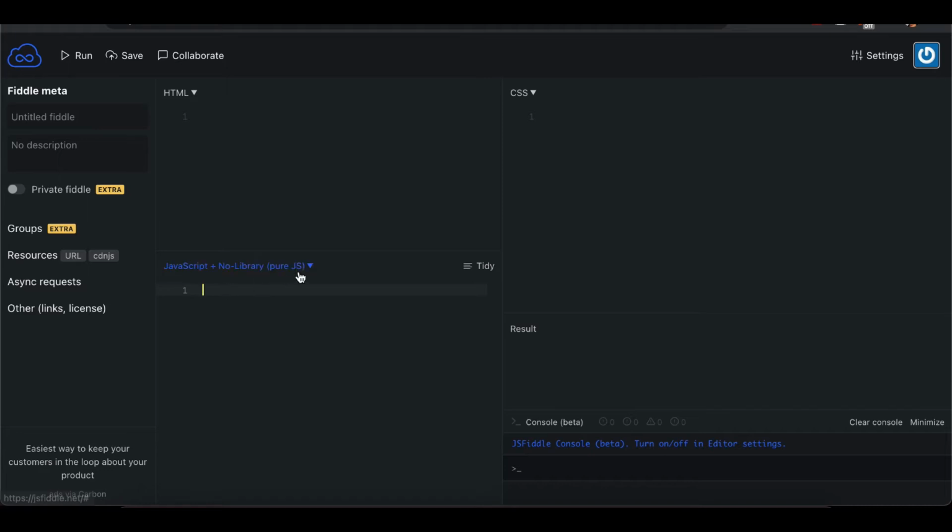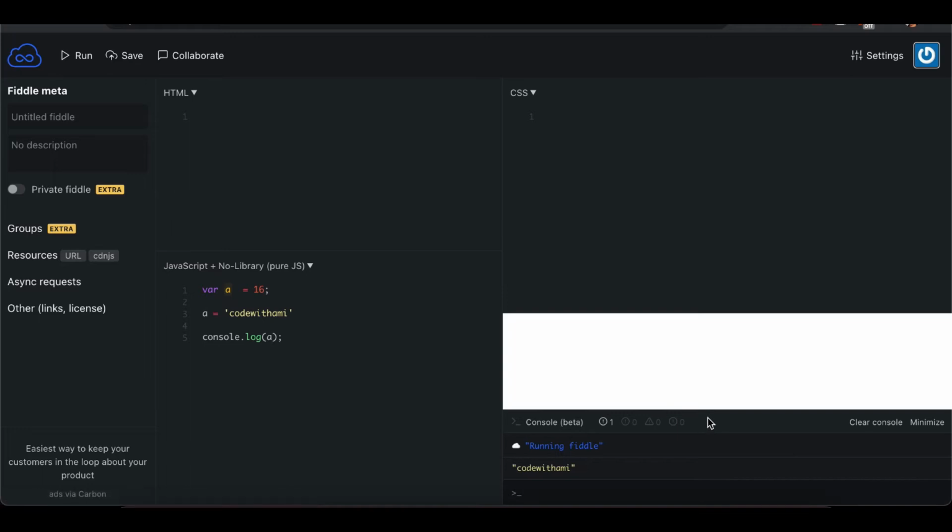So what does dynamic data type mean? Let's suppose variable a is 16, and now I say a equals "code with me", and if I run this, you will see it is giving me "code with me".